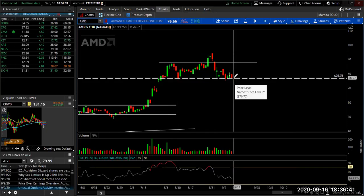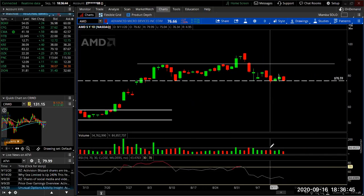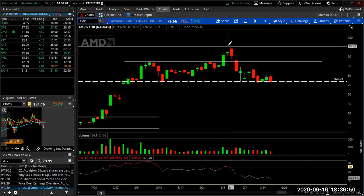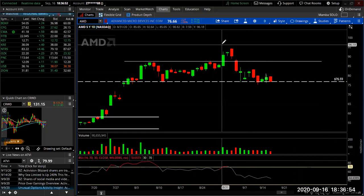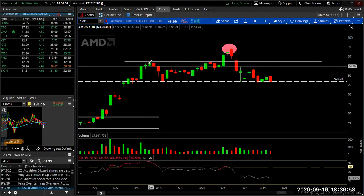This is a support level right here. But for AMD right now, man, it's a head and shoulders on the daily. That's our head, and that's a bearish move. I'm not saying long term because we're long term bullish. AMD in this house. This is an AMD household. But